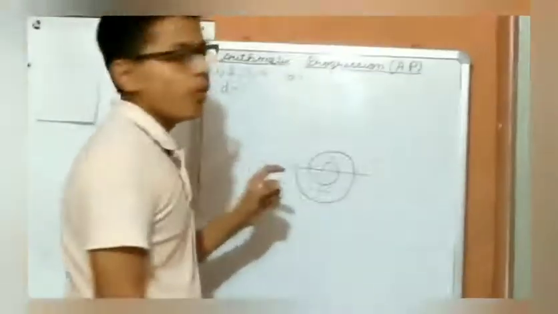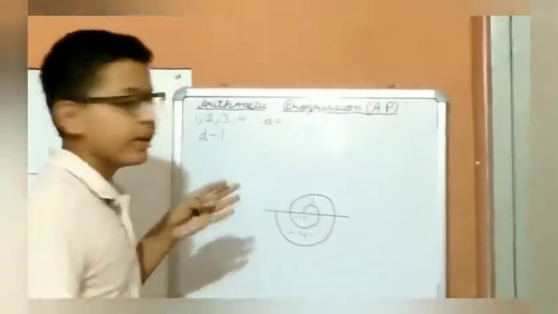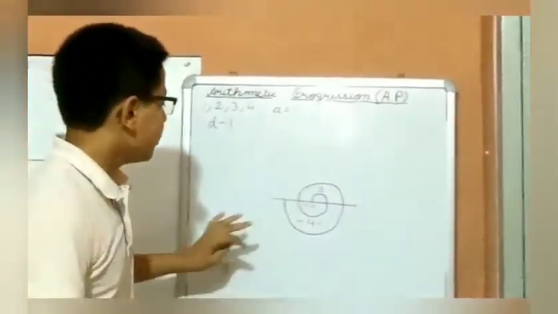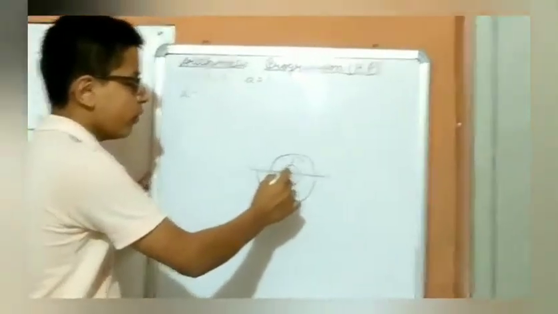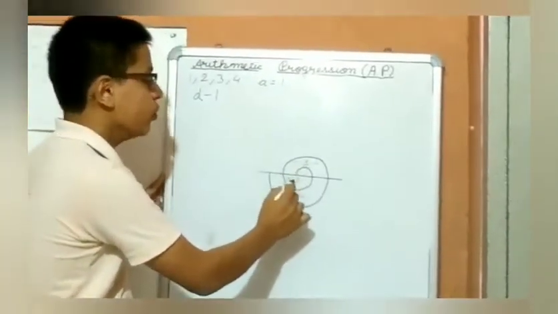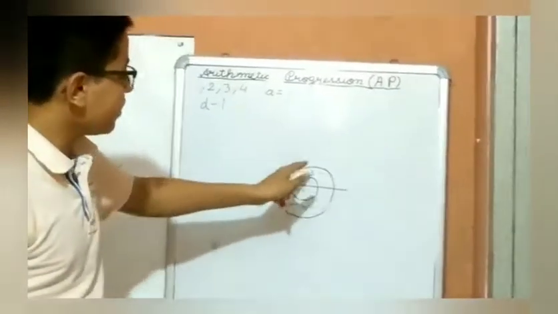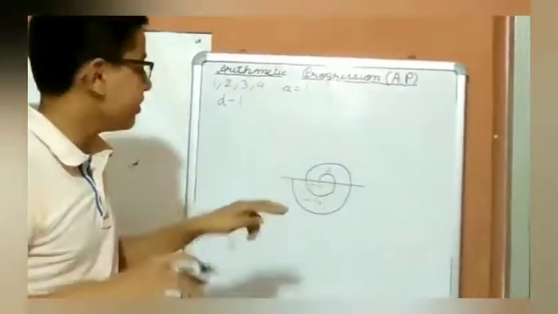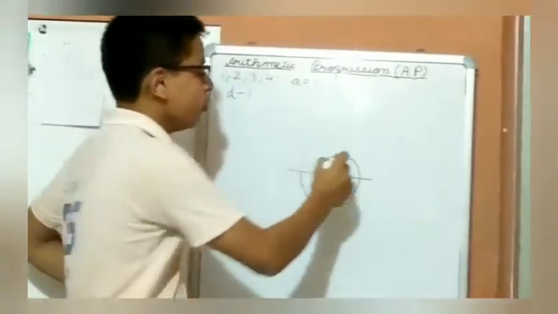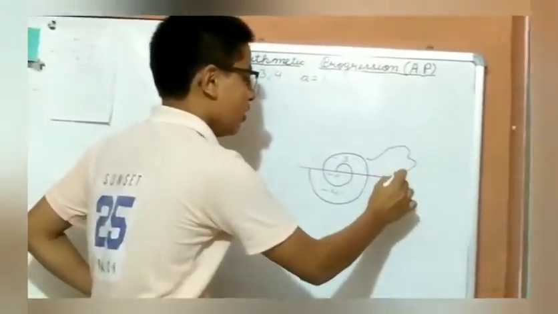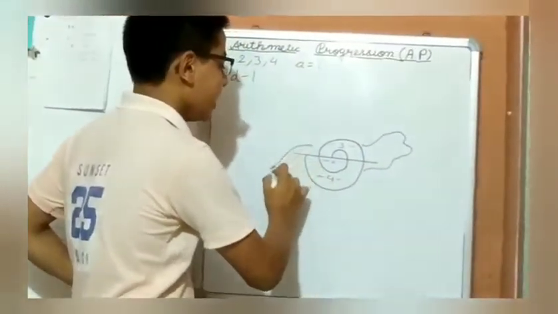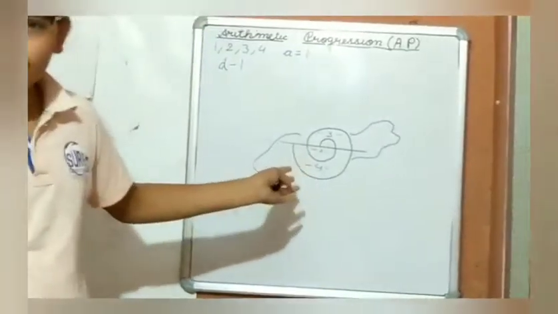So let us now visualize it by using the method of semicircles. So this is a semicircle of unit 1, and this is 2, this is 3, and this is 4. So you can see that this is rising again and again by an equal amount, and you can assume it like a snail almost, because a snail is also like this, or you can assume it like a spiral.